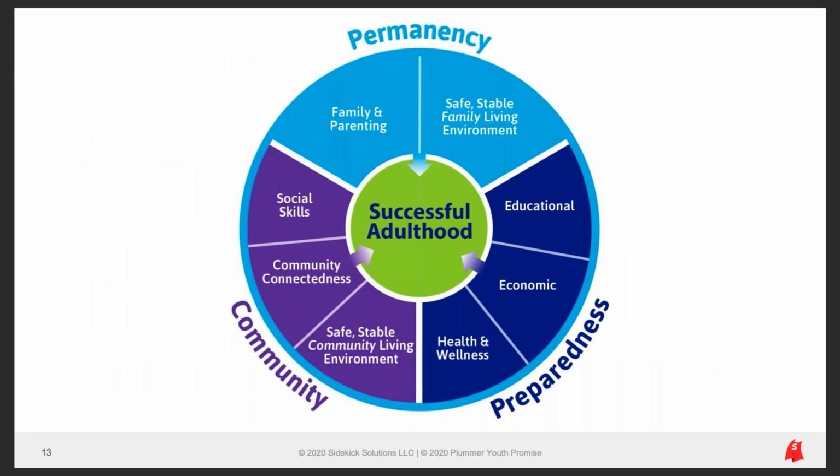So the global goals of permanency, preparedness, and community, here's our visual theory of change. Those became our outcome areas. And we knew that within each of those outcome areas, there were very specific, what we call life domain areas, that is where we can now track those essential indicators for youth progress within the global outcome areas. So the visualization of this model illustrates